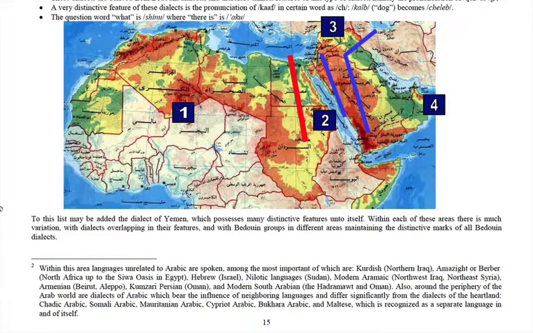The other thing to note here is that there are non-Arabic languages within the Arab world, the most important of these being the Berber or Amazigh languages in North Africa, the Nilotic languages in southern Egypt and the Sudan, the Kurdish language in northern Iraq and Syria, and what remains of Aramaic, modern Aramaic in parts of northern Iraq, Syria, and